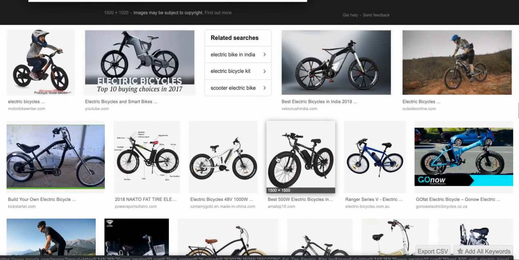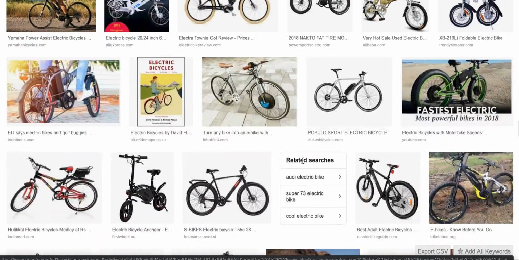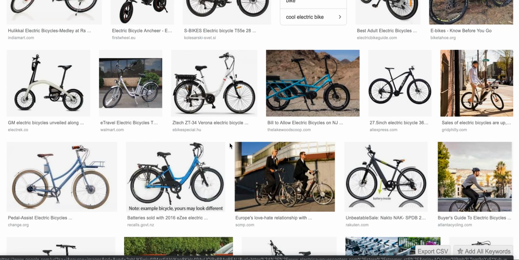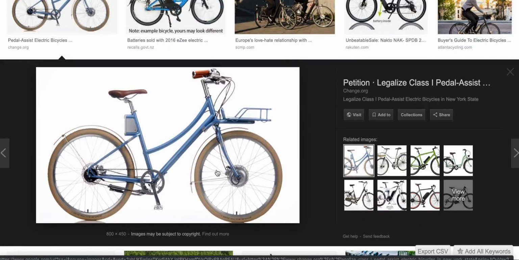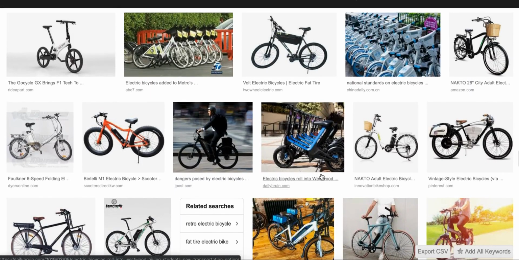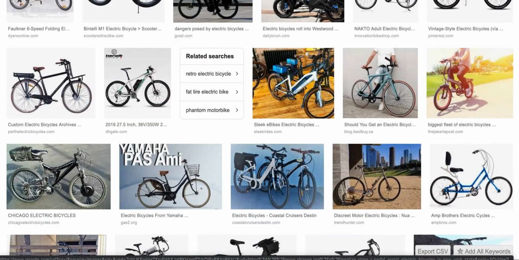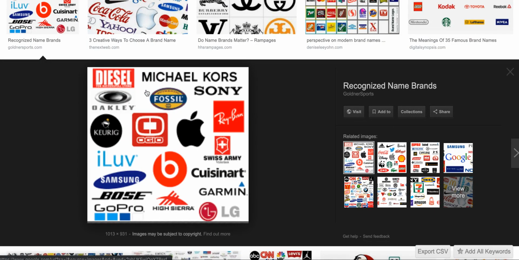So there are all different parts of this industry, but the greatest thing about it is that there are tons of generic brands you can sell. So it's definitely a great niche to go into. The only thing is that it's a very difficult product to maintain and service. If you don't have a bike shop, you can't really provide the service. So you're going to have to partner with some bike shops, and bike shops don't really like online sellers because they take away from their margins. So just understand that.